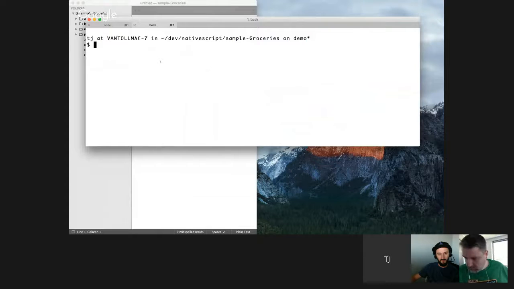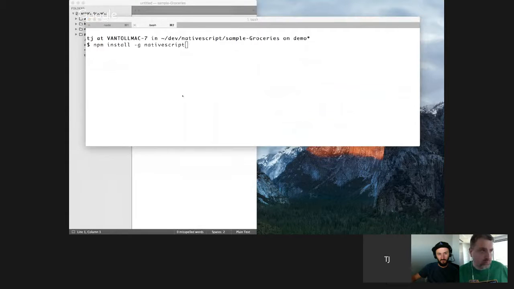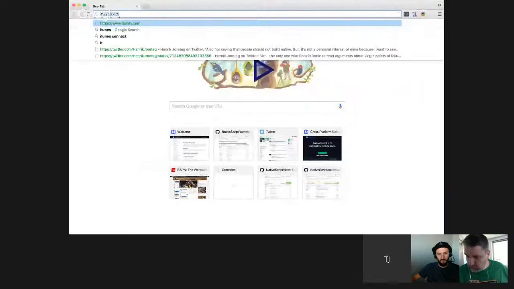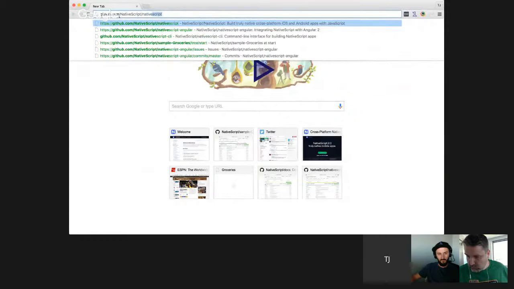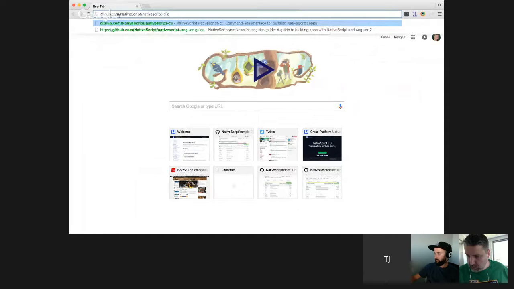Now, the first thing to know with NativeScript is that when you develop NativeScript apps, you're going to use the NativeScript CLI. And like a lot of things with NativeScript, the CLI is built on top of NPM. So if you wanted to get started, you would npm install -g NativeScript to actually install this thing. And I'll show a few of these things, how they relate to the code that's actually up on GitHub. So the NativeScript CLI itself is at